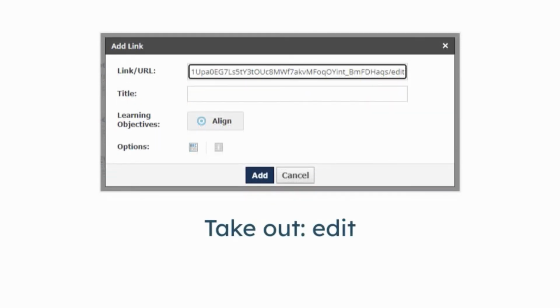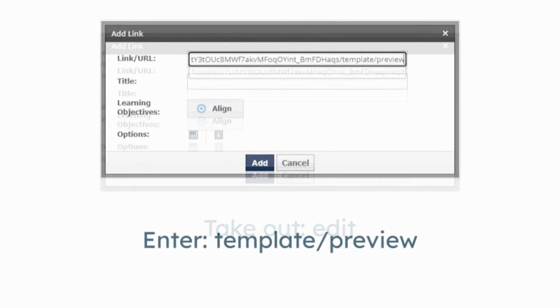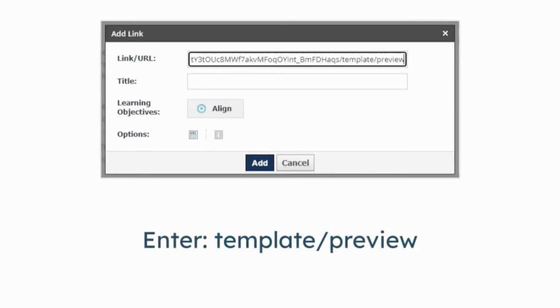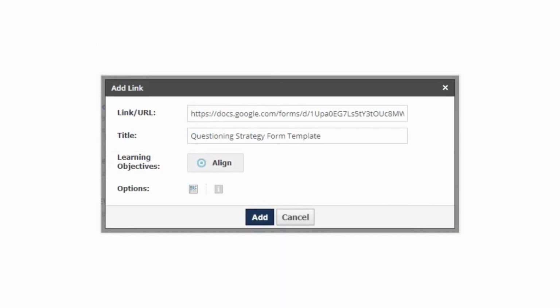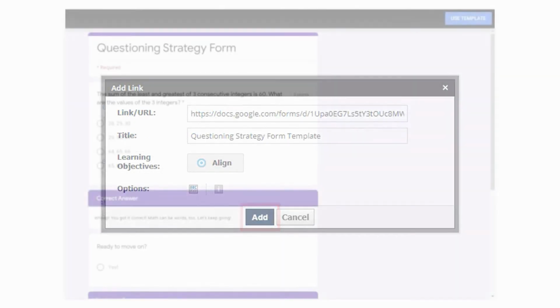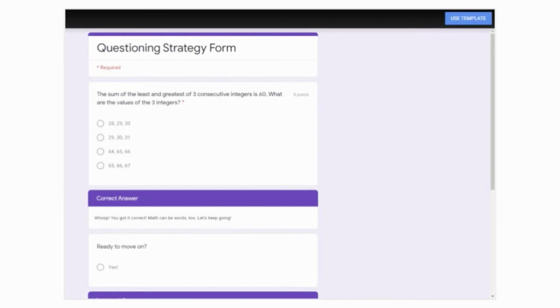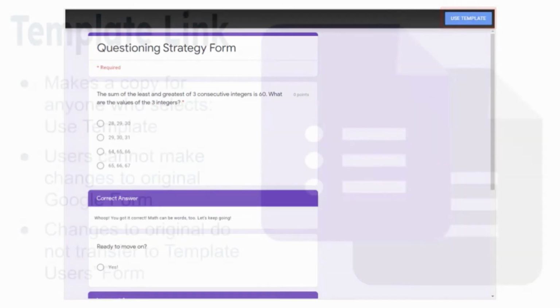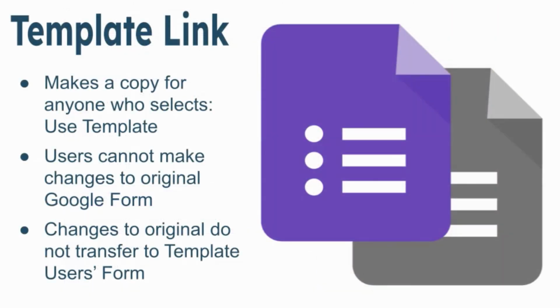Notice that the URL ends with the word Edit. Delete that word out. Now enter template/preview to the end of the URL. Add a title and select Add. Now when my PLC friends navigate to our Schoology group, they can open the link I've provided and they will see the option to select Use Template. That will open a whole new exact replica of my Google form for them to use, update, or post in